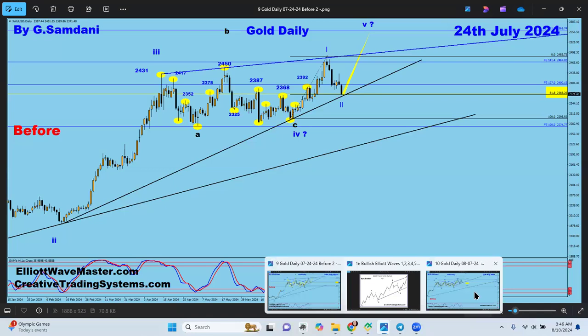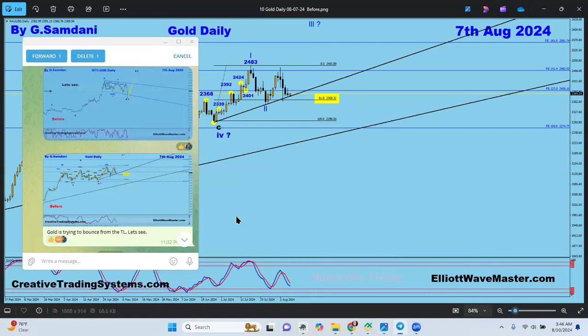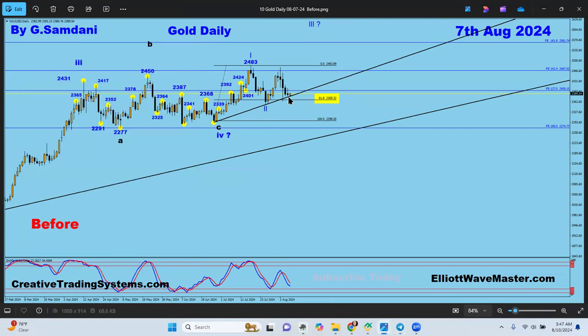Let me show you. We went up a little bit, right? From here to here, and then came back down again. Why? Because this candle here, this is NFP last week, I guess, right? So that came down, that made this thing go down back to this TL. So this is where I made another chart, 7th August, right? Before that chart, I said now we're going to be bouncing from here, right? I forgot to mark here, but you can see I posted on this chart, right here, and I said that now we're going to be going. See, gold is trying to bounce from the TL. So the TL is this TL. So this chart now started to go to the upside.